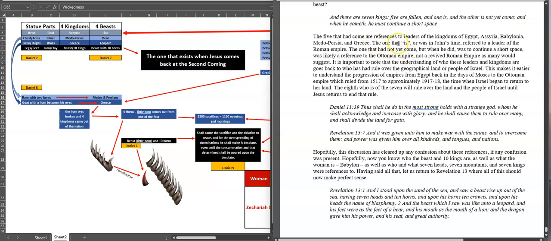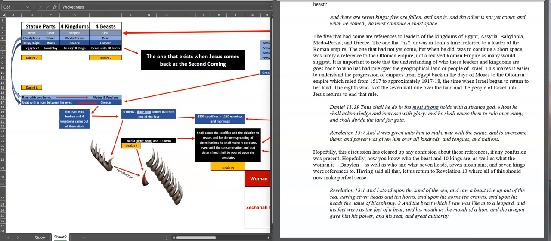So the one that is was a reference to the Roman Empire, and we know that they were responsible for the destruction of the city and the sanctuary in 70 AD. And again, there were differing lengths of the different arms, branches of the Roman Empire, all the way up until the Ottoman Empire displaced it in 1517. So that's why I do believe the 7th one is a reference to the Ottoman Empire, because they controlled Jerusalem for 400 years prior to 1917, 1918, and then Israel was back in their land, or started going back in their land, because that's when you start having the UN resolutions regarding Israel.